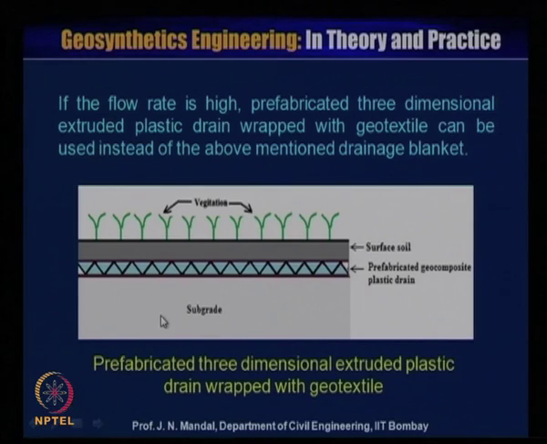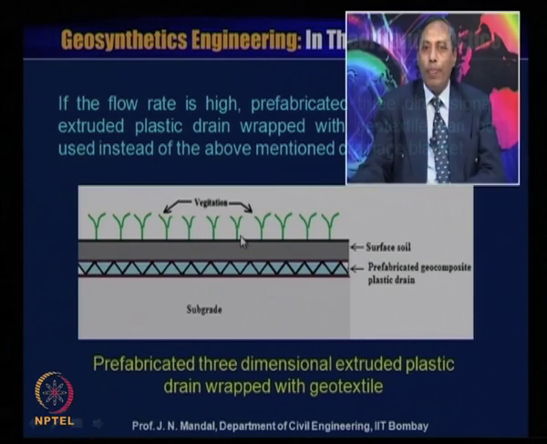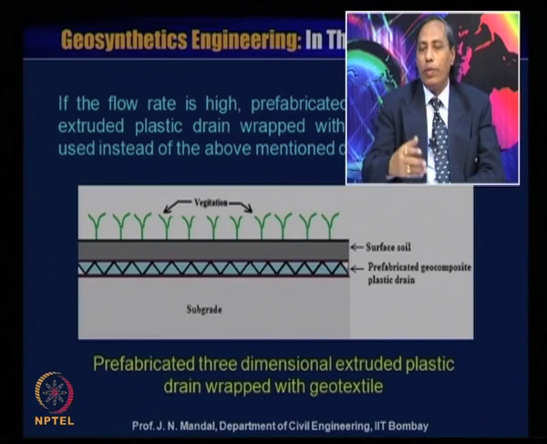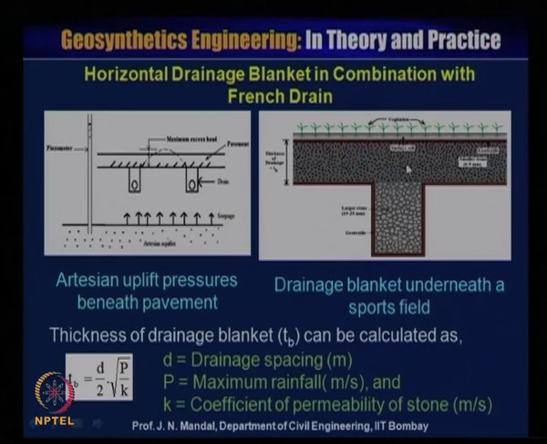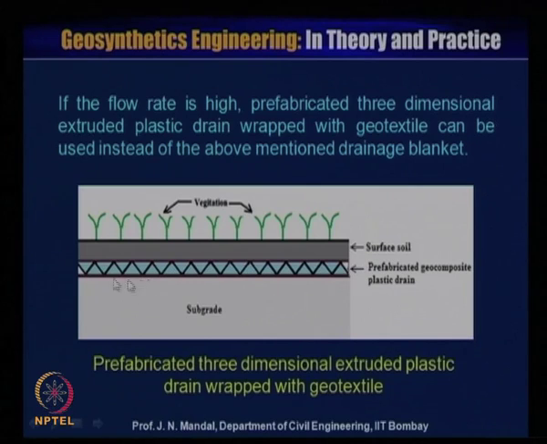Now you can see here that a prefabricated 3-dimensional extruded plastic drain wrapped with geotextile material is placed. This is the subgrade, you place this, and this is the surface soil, here the vegetation has grown. If the flow rate is high, the prefabricated 3-dimensional extruded plastic drain wrapped with geotextile can be used instead of the above mentioned drainage blanket. So you do not need the blanket, you require only that one layer of prefabricated geocomposite